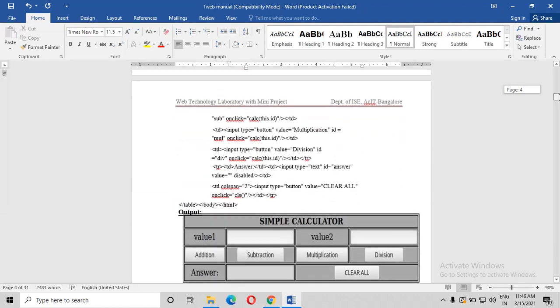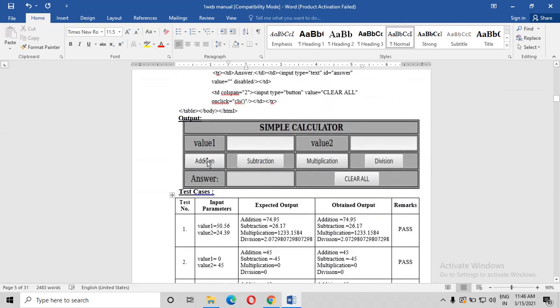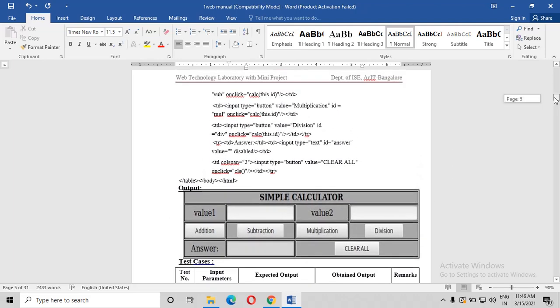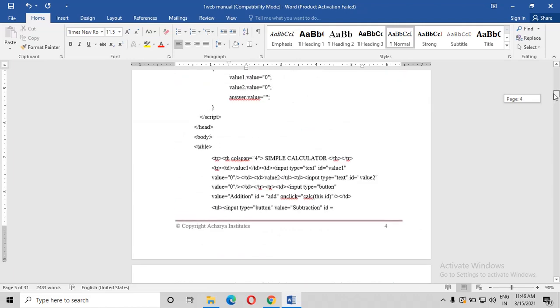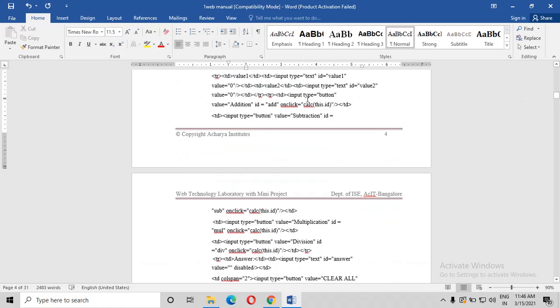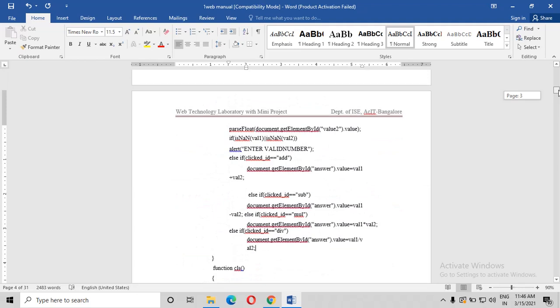Coming to the next one, please understand, these are the buttons: addition button, subtraction button, multiplication and division. Right? The same thing we have used here. Please look here. What we have used, the table data, the input type is a button we have used. What is the value we have taken? The value is addition we have taken. And ID is whatever we are adding. What add? ID, where it will reach. Once after clicking here, it will go reach to this particular thing.